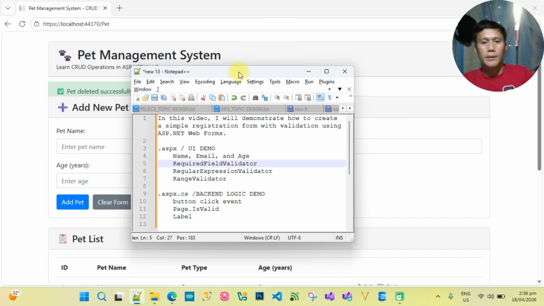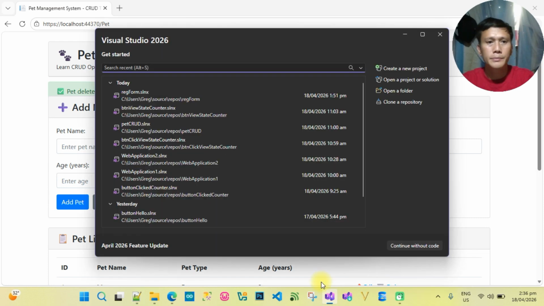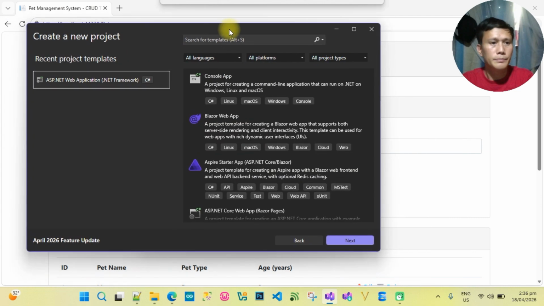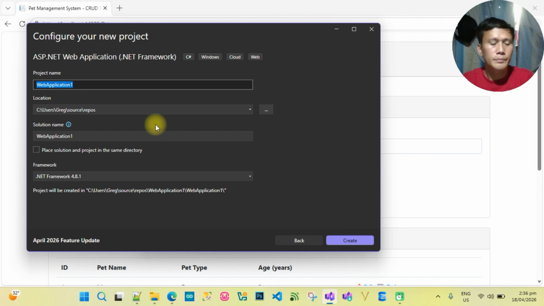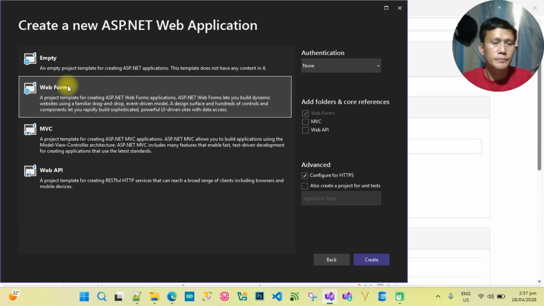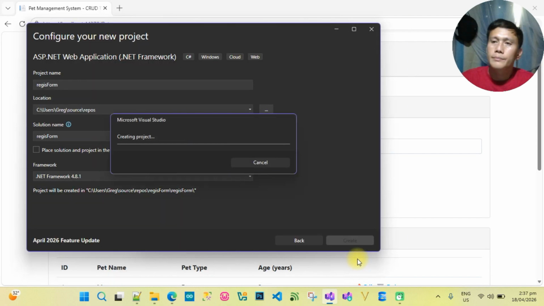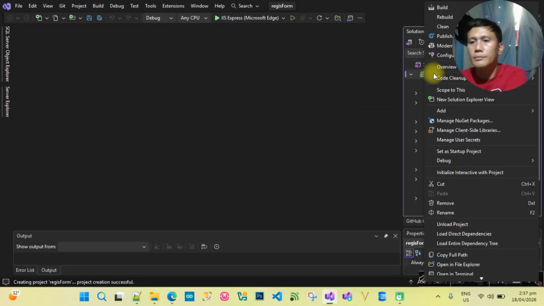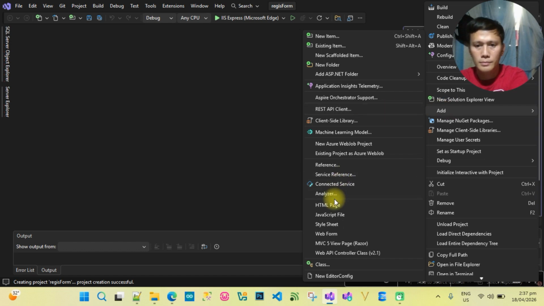I open Microsoft Visual Studio and create a new project. Select ASP.NET Web Application using .NET Framework, then enter the project name, registration form, and click Create. I choose the web form template. Next, I add a new web form and name it